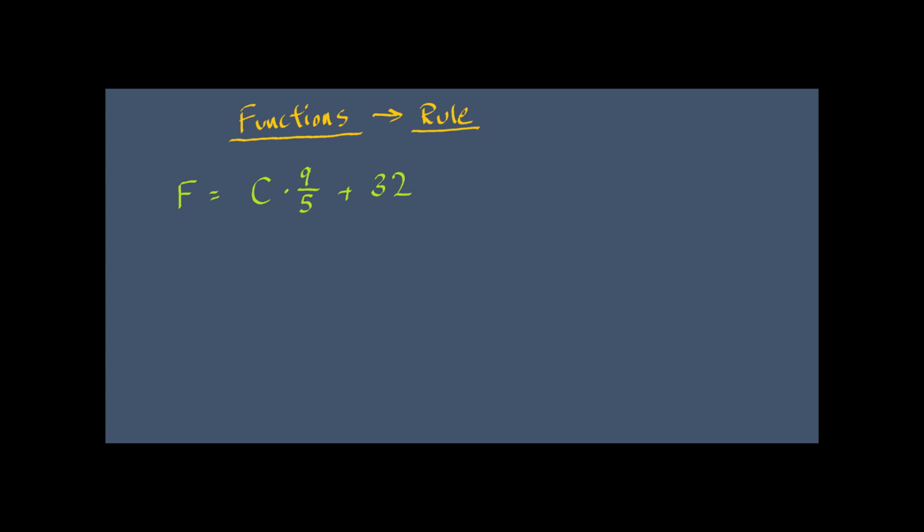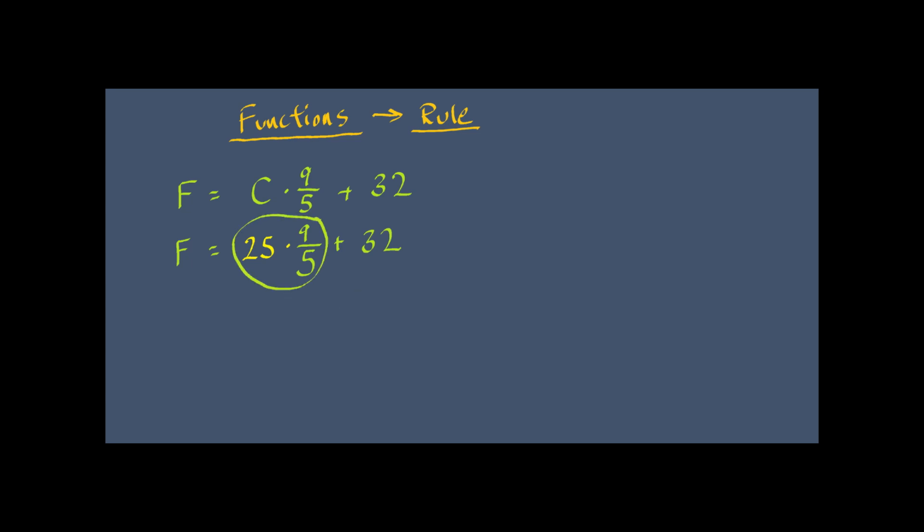Let's say you are traveling in Europe, if you're American, and you're told that it's going to be 25 degrees Celsius. Well, that sounds cold, but it isn't. So let's see what it is. We put in a 25, because remember, the variable is a placeholder. It's a place to put a number that you don't know yet, and it's called a variable because it varies. So 25 is our input, and the function in this case is a rule that multiplies the input by 9/5